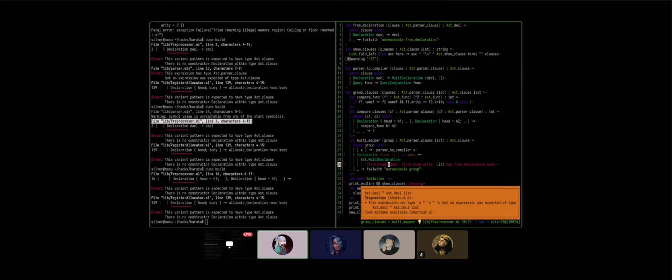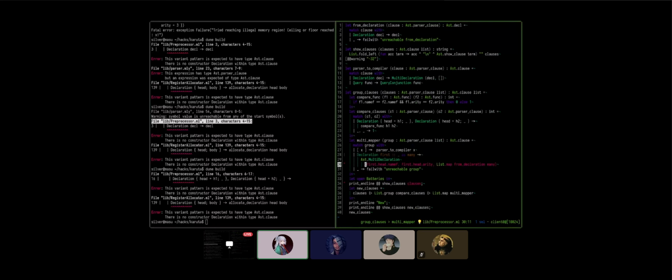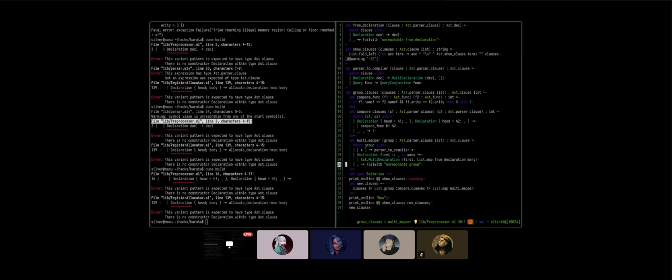Line 30. Oh, right. This actually needs to be first. Yeah, first there. And then map, now we only have the declaration. 33 now, which is printing the clauses. Oh, it's because the show clauses is wrong. Yeah, I understand.